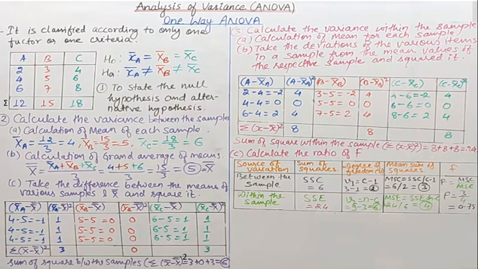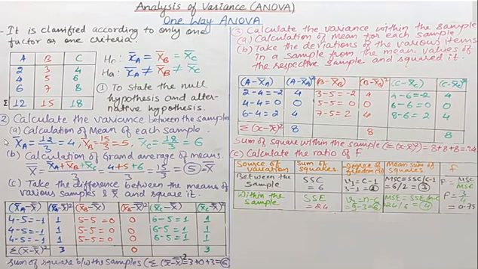We can't use the t statistics here. Okay, so first of all we will define the null hypothesis. The null hypothesis is H naught: X A bar equal to X B bar equal to X C bar, and the alternative hypothesis is X A bar is not equal to X B bar is not equal to X C bar. So in the null hypothesis we are saying that the means of A, B, C are equal, right?